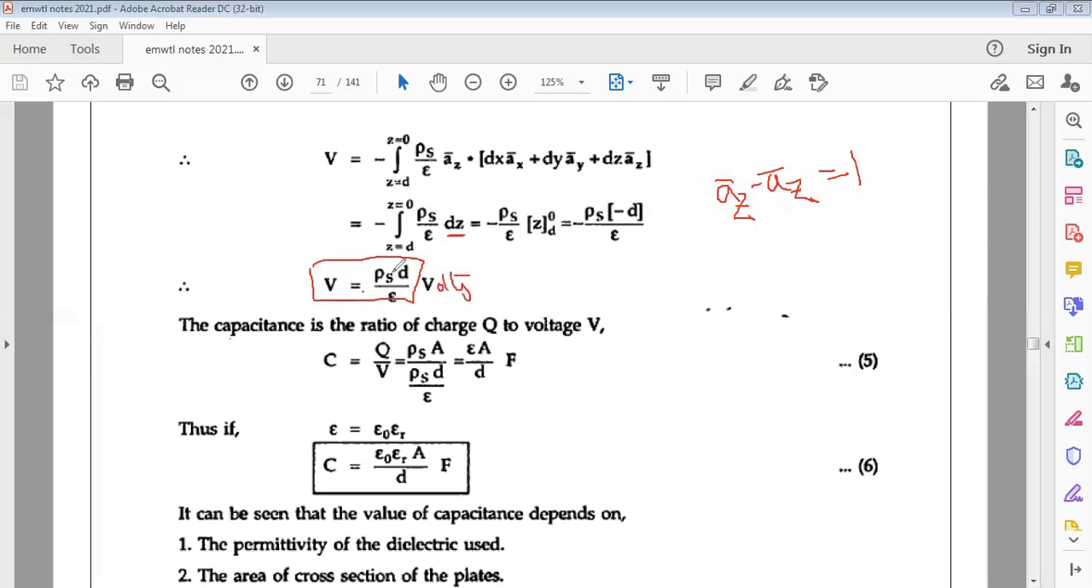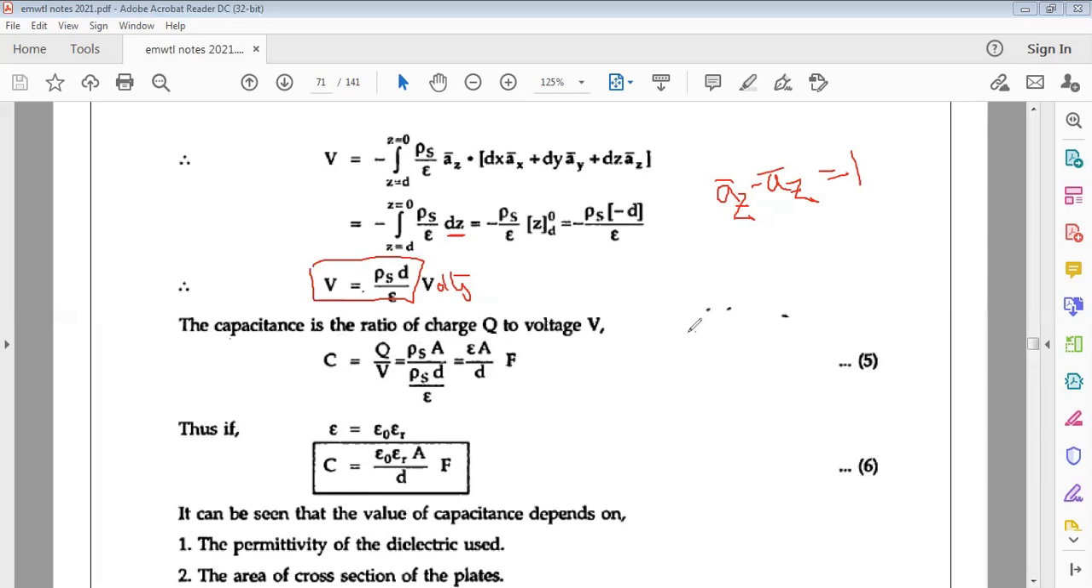V is equal to rho S d by epsilon. The unit is volts. We know the formula of the capacitance, so C is equal to Q by V, where Q is equal to rho S into A, divided by rho S d by epsilon. Why did I write this rho S into A? You can see, my dear students, here Q is equal to